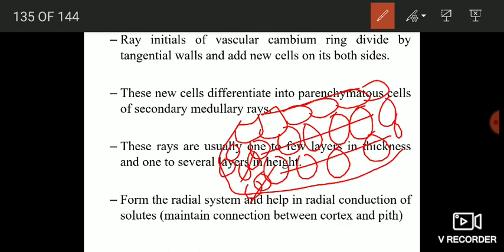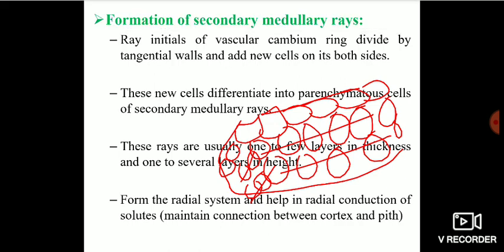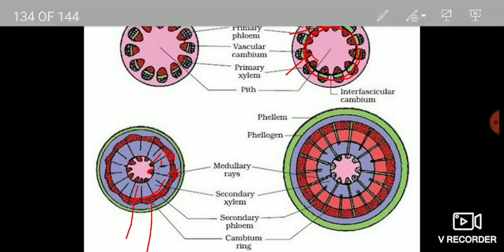These medullary rays form the radial system and help in radial conduction of solutes. It maintains connection between cortex and pith. जो secondary medullary rays होती है, it helps in the radial conduction of solutes and maintains the connection between secondary cortex and pith. यहाँ पे आप देख सकते हैं, here you can see